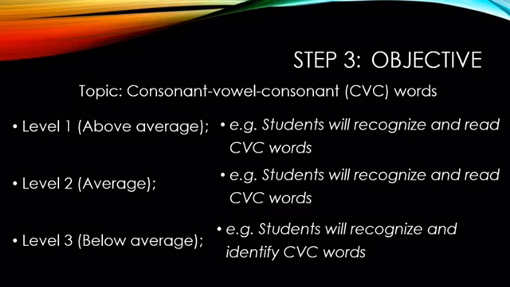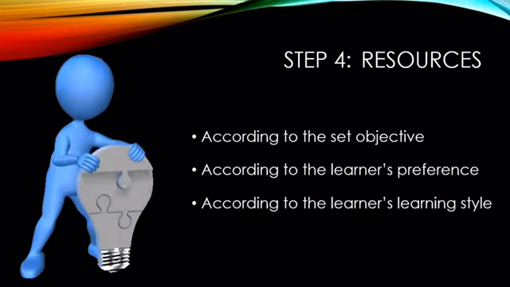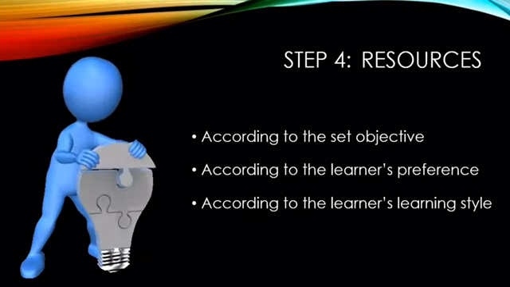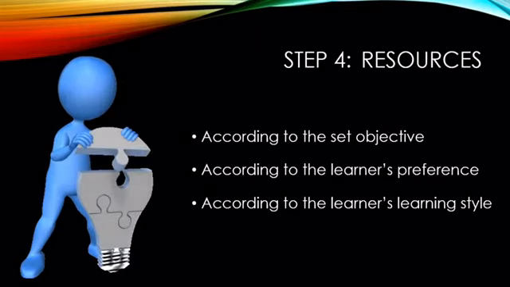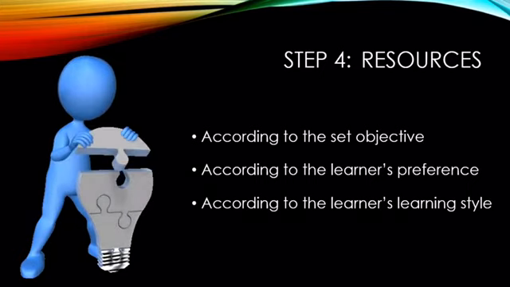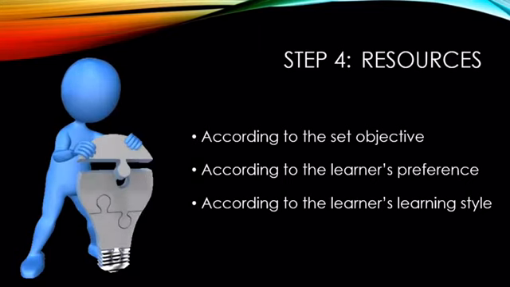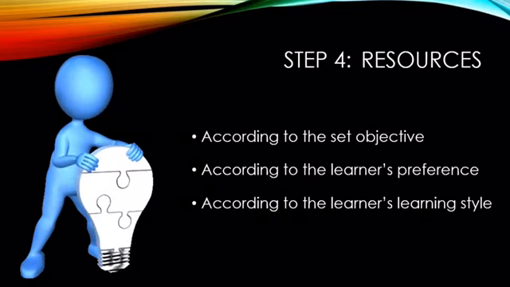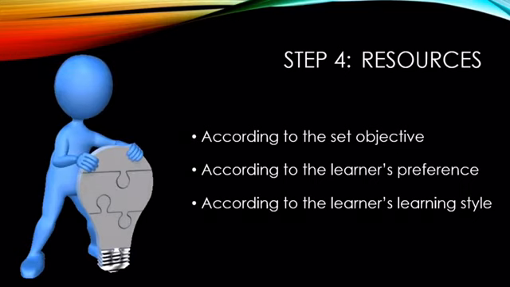So now, the next component is resources. Selection of resources is important because it needs to consider the set objective, the learner's preference, and the learner's learning style. One more important concern, which is not mentioned in the lesson, is the teacher's learning style. Considering the teacher's learning style is very important because the implementation of the lesson also depends on the learning style